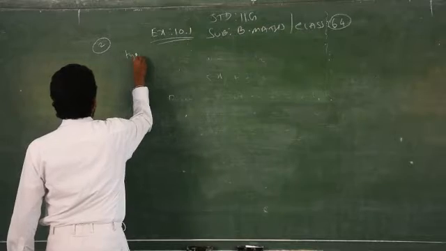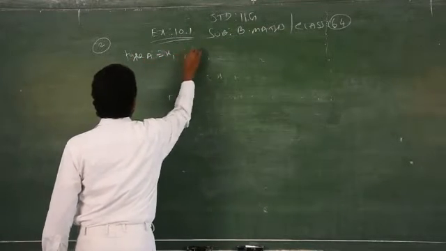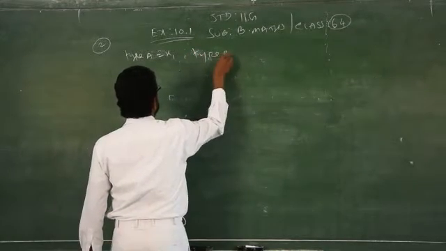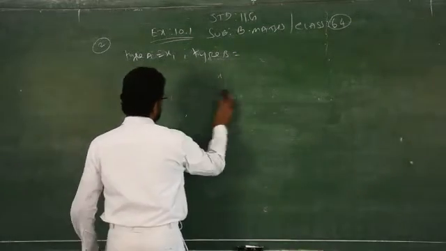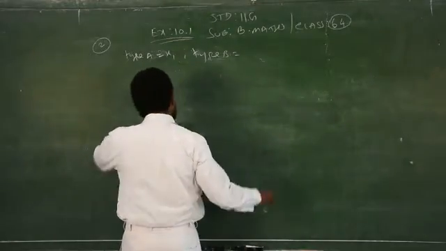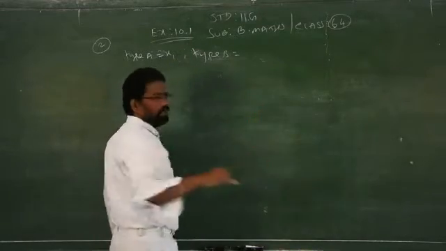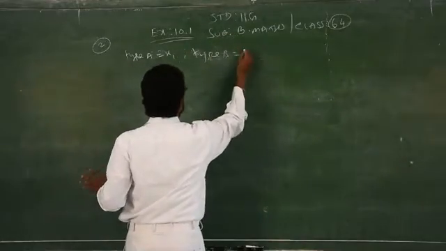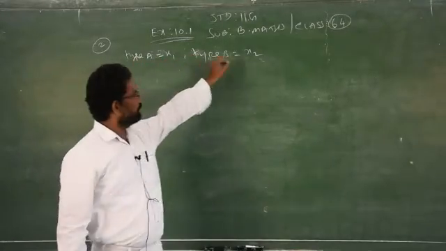Type A is x1, type B is x2, because only two types are given. You have questions only for two variables. According to our portions, we don't have three variables to solve graphically. Clear? We have only two variables, x1 and x2. x1 is the x-axis, x2 is the y-axis. Here I consider type A as x1, type B as x2.